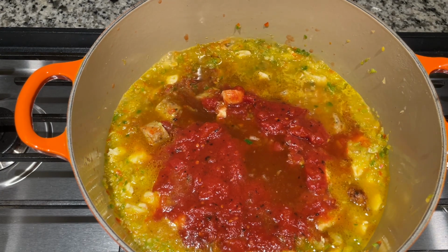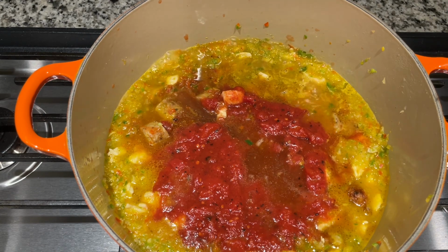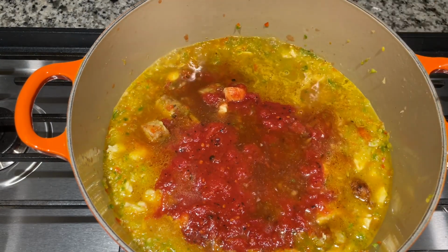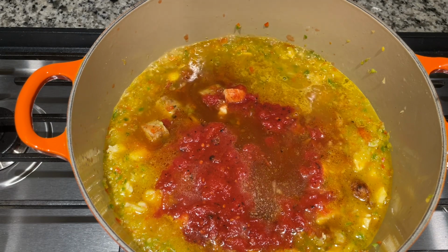This is going to have your whole house smelling like you're from New Orleans. The smell in your house lasts for days. No, not days, but like a day or two. All right, so after we get the chicken stock in,